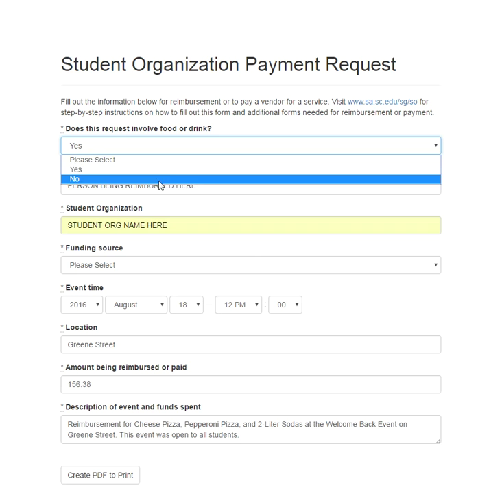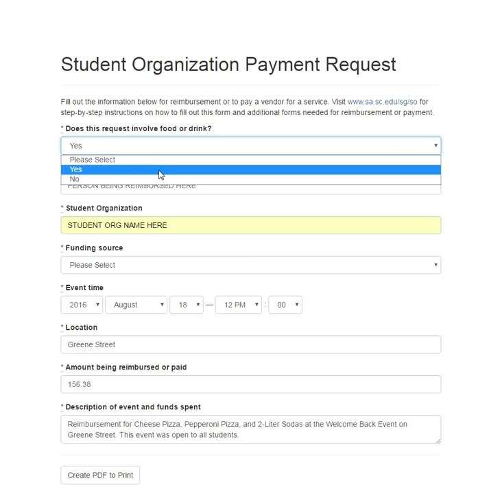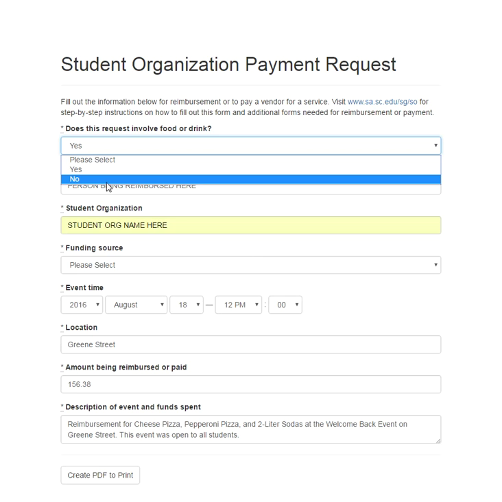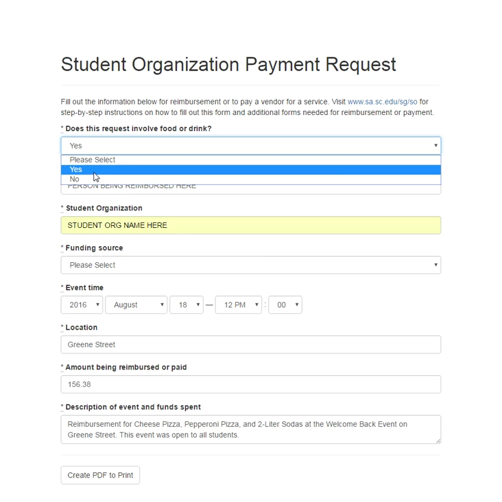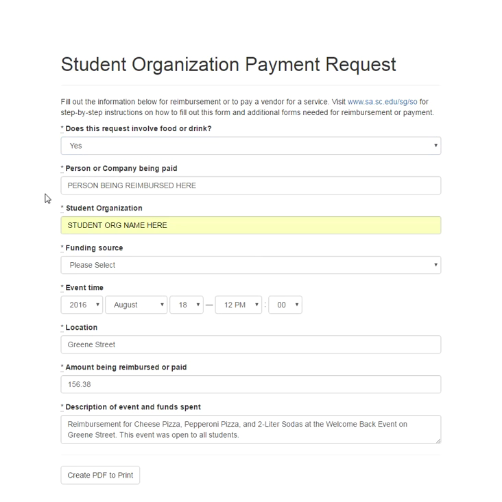So you have to make sure you list whether the event that you're reimbursing someone for involves food or drink. If you're reimbursing someone because it was food or drink they paid for, select yes. If you're reimbursing someone for decorations, that does not include food or drink, so select no. But for this specific amount, this person bought pizza and sodas for an event, so yes, it's going to involve food or drink. For person or company being paid, just put their specific name right here